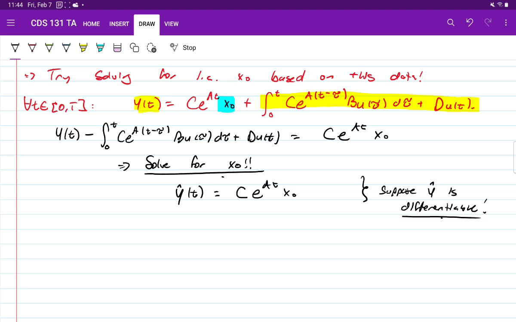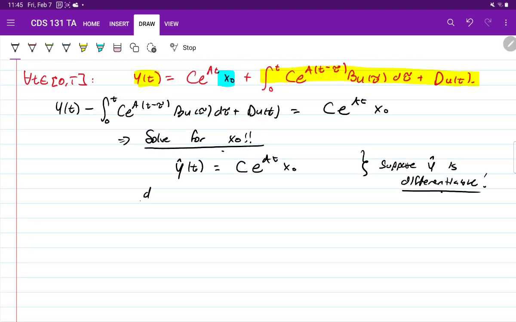Now what do we do? Well, we're trying to figure out a sharp algebraic characterization for observability. We're trying to find a really nice algebraic way to solve for x0. So I want to see if I can get rid of this matrix exponential and replace it with just some algebraic terms. So how are we going to do that? Well, let's try differentiating both sides, and we'll see where that takes us.